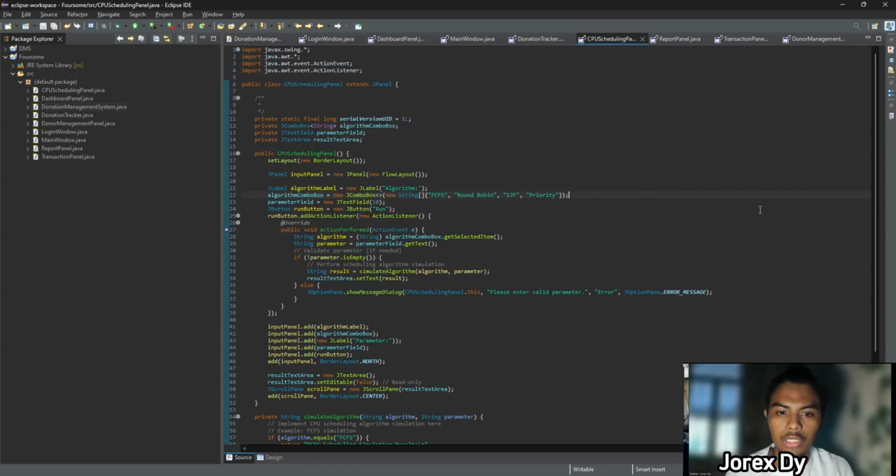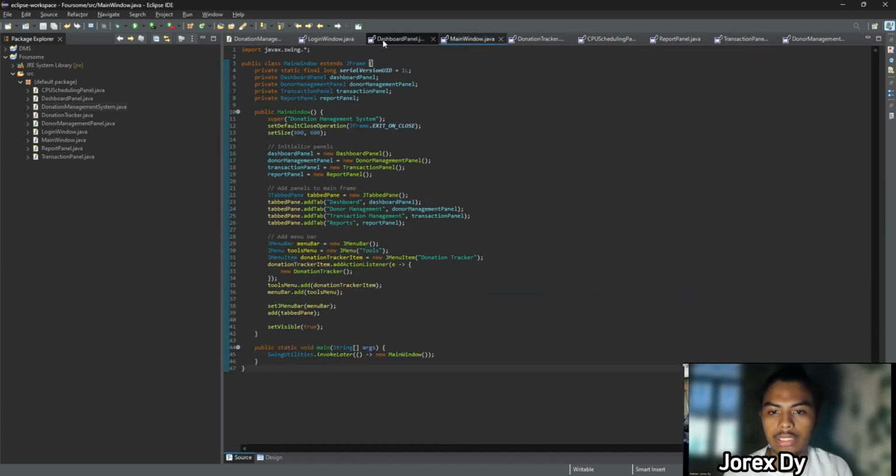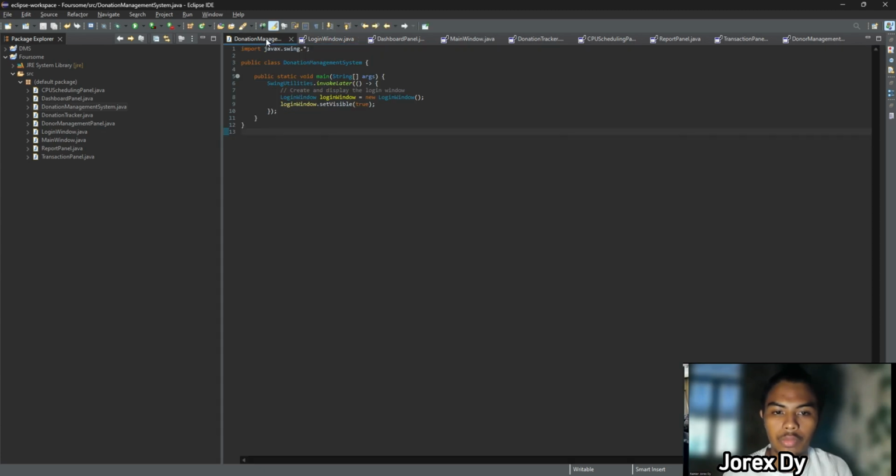Next, let's explore the functionalities for editing and deleting donation records. Selecting a donation from the list enables us to modify its details directly in the input fields. Clicking the Edit button allows us to make changes to the selected donation's information, which are promptly updated within the donation list upon confirmation.